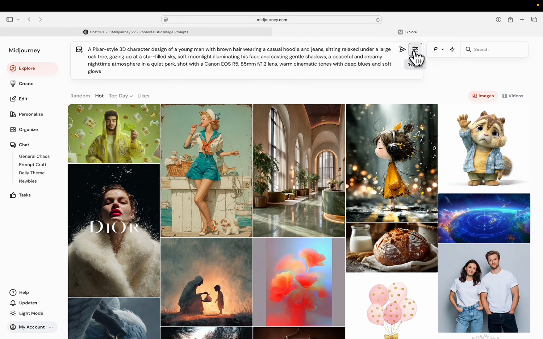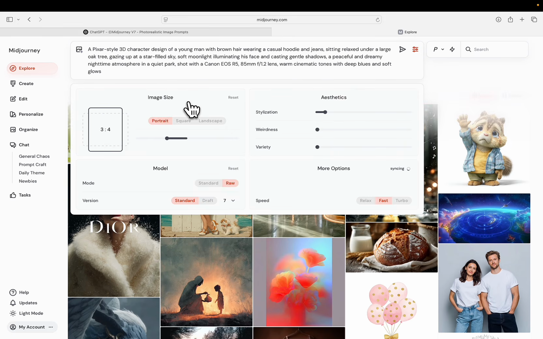Before submitting, we're just going to go ahead and check our settings. We want to generate all of this in 9:16. So on MidJourney, essentially that's portrait. If you're looking to make a YouTube video, you're going to want to use landscape. Just something to keep in mind when generating on MidJourney, but we're all set here, so we're going to go